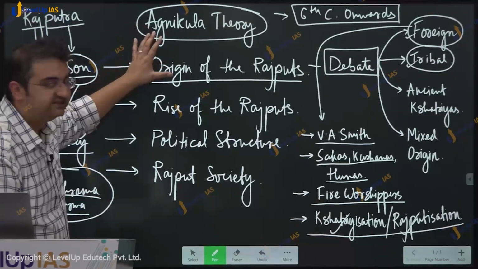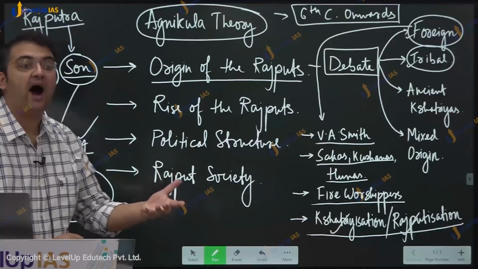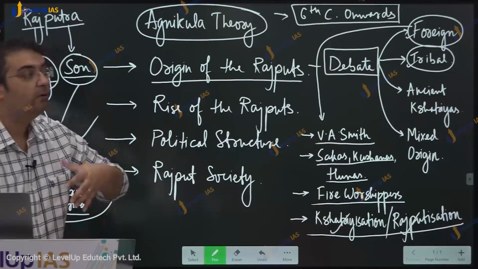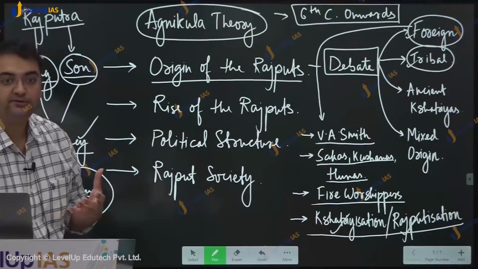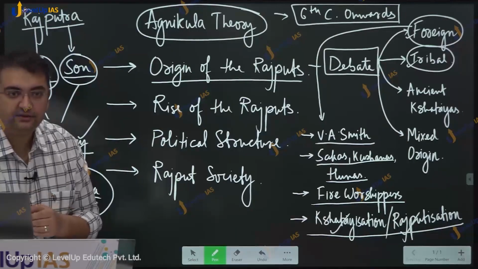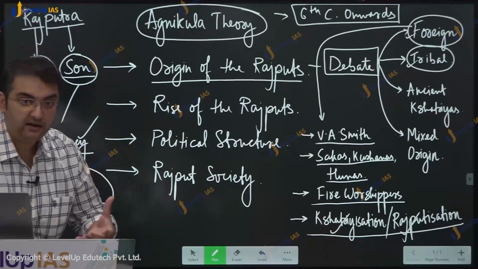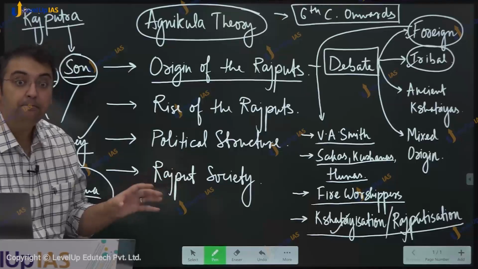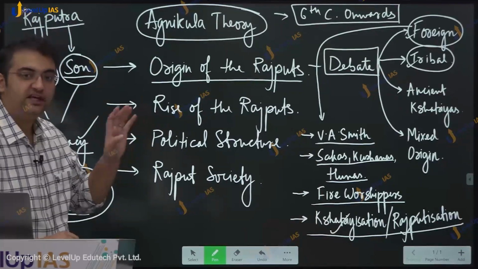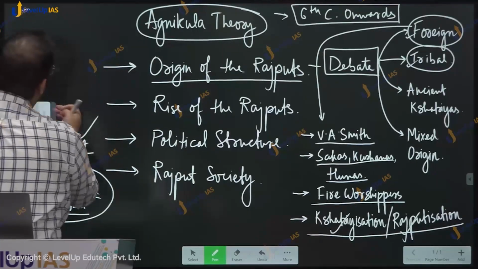Now, from the 6th century onwards, the various Rajput rulers started maintaining bards. Who are bards? Court poets, right? And what kind of literature were these court poets producing? Bardic literature. What is the nature of bardic literature? It is eulogistic in nature, written in praise of the patron, mainly focusing upon the military and cultural exploits of the rulers, right? Now, according to such bardic literature, on top of Mount Abu,